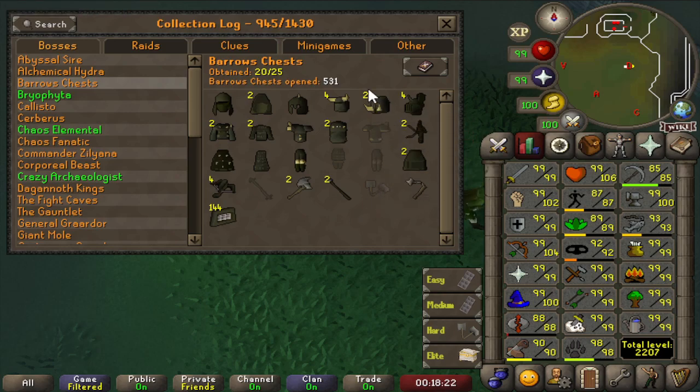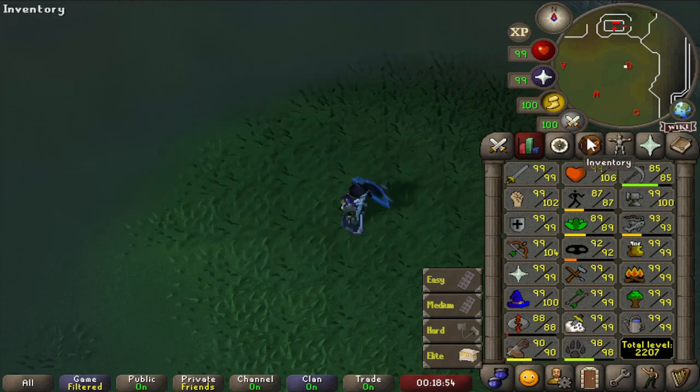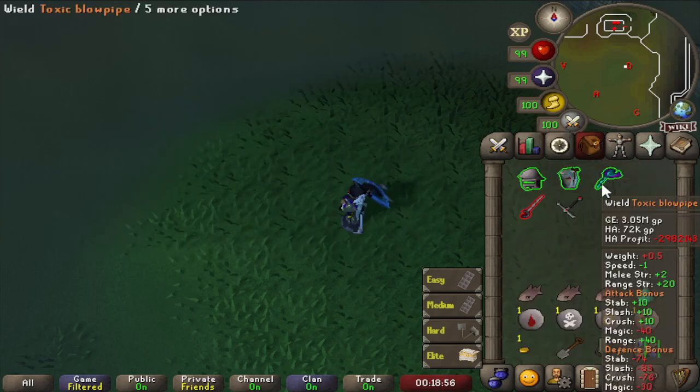For our Barrows task, we currently are at 531 kill count with 20 uniques obtained, so we only need 5 more. We pretty much need the full set of Torag except for the helm, and then we need Guthan's chain skirt and the Ahrim's staff. This might take a while to get a new item, but in the meantime we can actually try out the